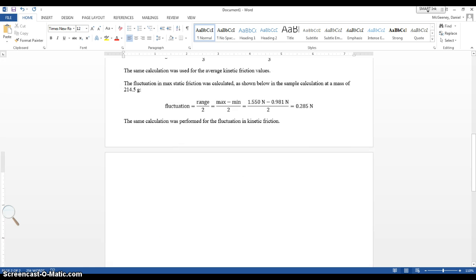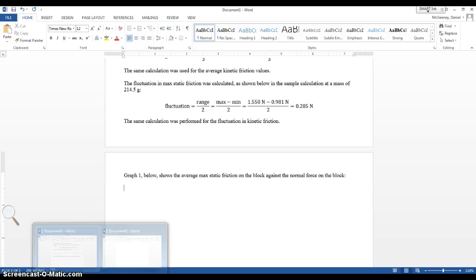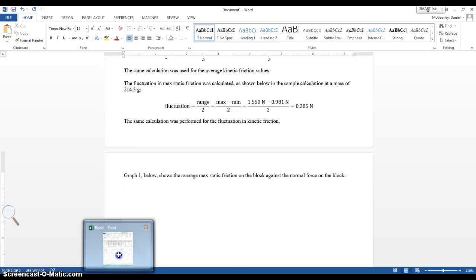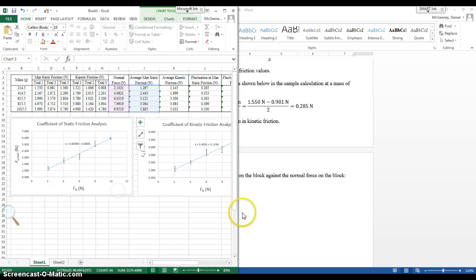Okay, then I introduce my graphs, and I'm just going to show you how this should look. You go into Excel, you Control C on your graph, click it, or on the white space, Control C, then